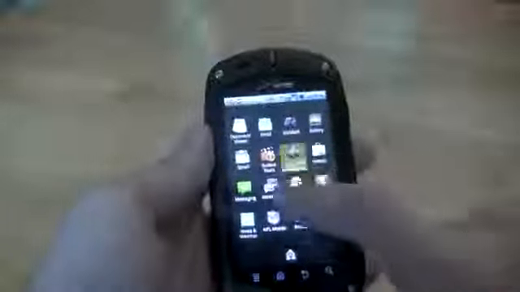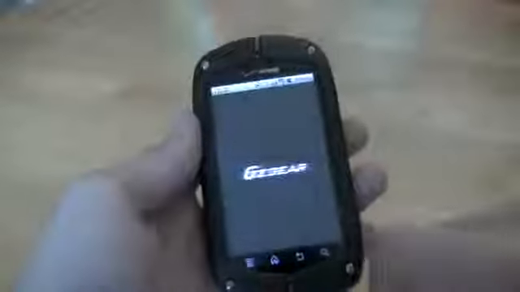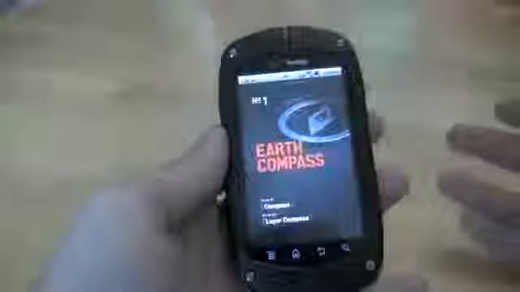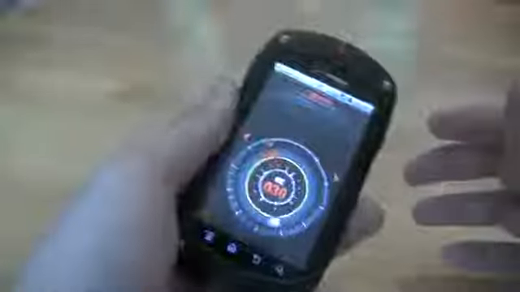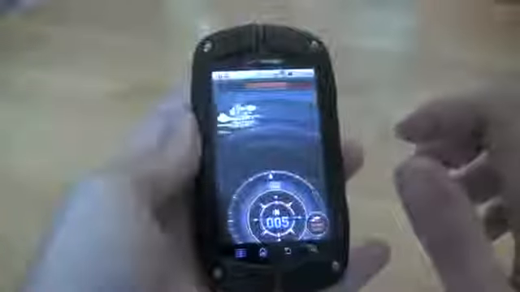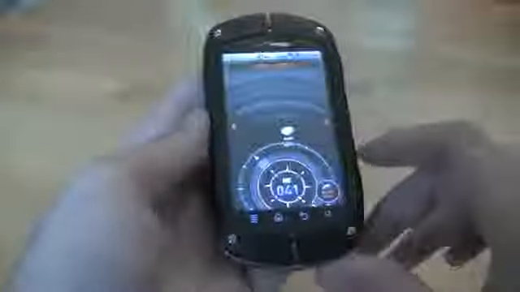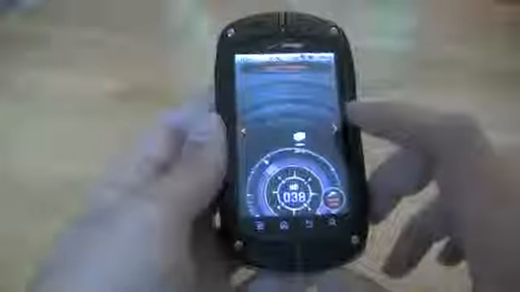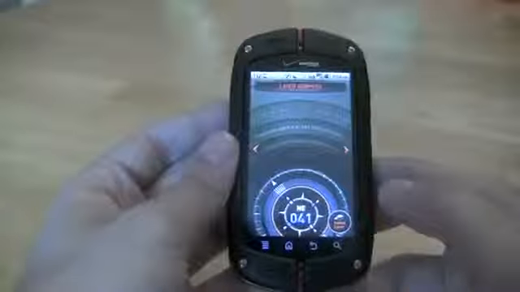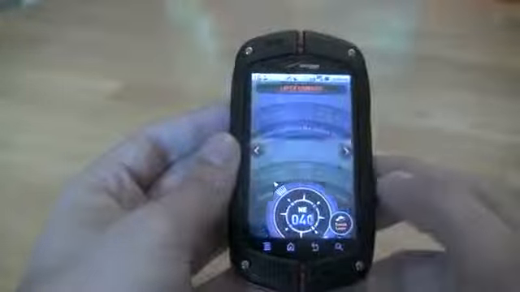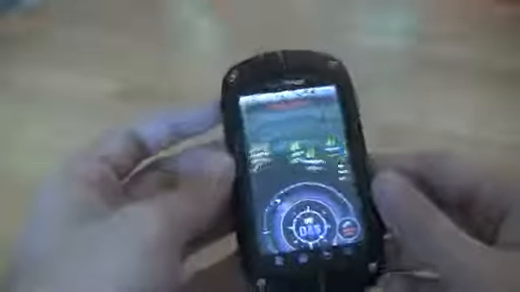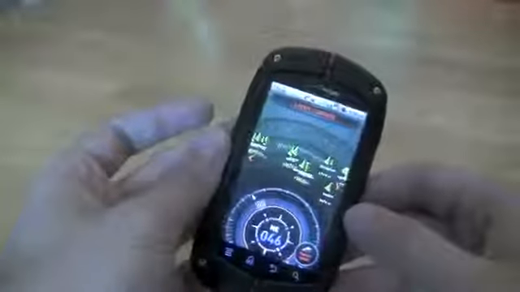But the cool thing about this handset is the G's Gear suite of applications, which I really think are pretty cool. We've got a compass, which is pretty basic. But there's also this layer compass, which is cool, which will show you directions to the nearest things. And there's different layers. We've got right now National Parks of the United States for eastern United States and Alaska. We can switch that layer to national parks for the west and the Rockies, all sorts of things. But there you see there's some world mountains, and that's just showing me in which direction and how far these